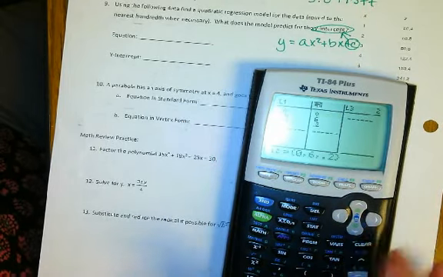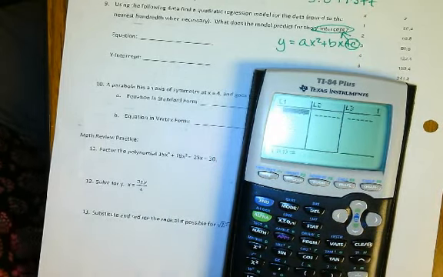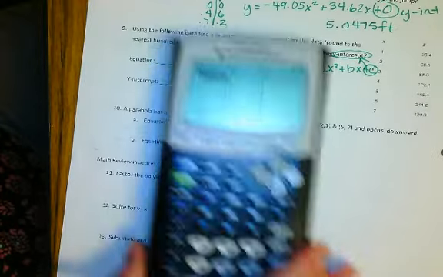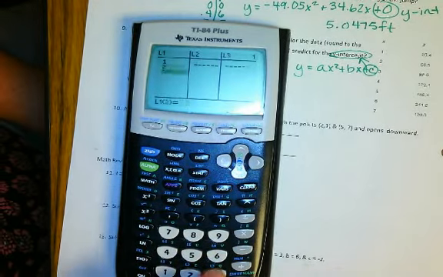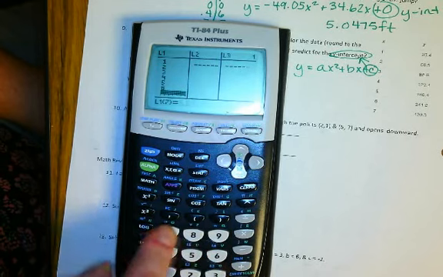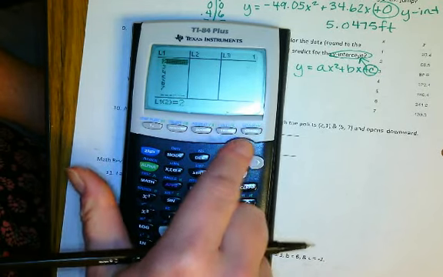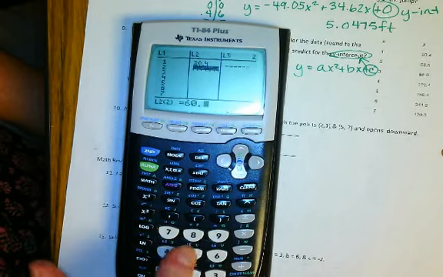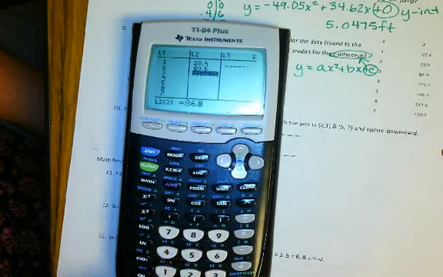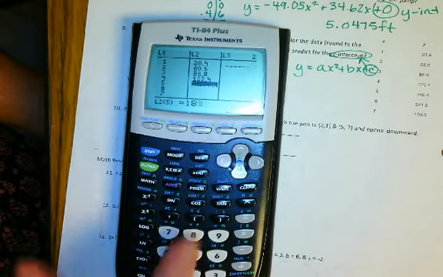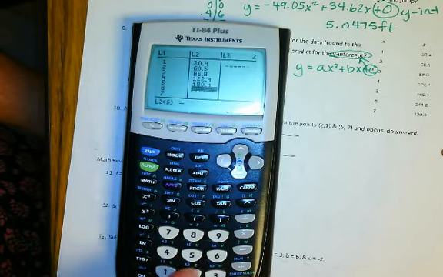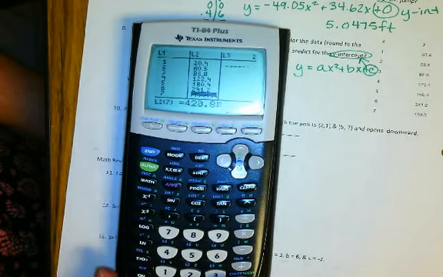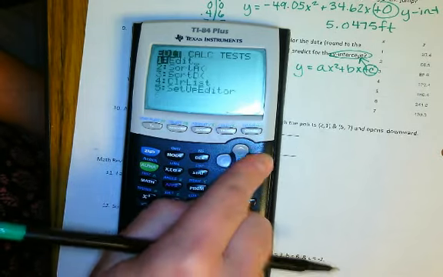Okay, so I'm going to do a quad reg again. And it's just 1 through 7. Okay, so 1 through 7. All right, and I'm going to come back up here, and I've got 20.4, I've got 60.5, I've got 86.8, 122.4, 180.4, and 241.2, 420.8. Okay, so I'm going to do stat calc